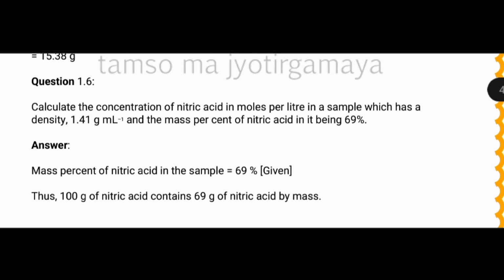69% है। तो पहले हमें ये देखना पड़ेगा बेटे हम क्या निकालना है और हमें क्या क्या चीज़ें दी हुई हैं। हमें निकालनी है मोलैरिटी ऑफ नाइट्रिक एसिड। हमें क्या दे रखा है? डेंसिटी। नाउ डेंसिटी की वैल्यू क्या है? 1.41 ग्राम पर ml, और हमें नाइट्रिक एसिड की परसेंटेज क्या दी हुई है? दैट विल बी द 69%।